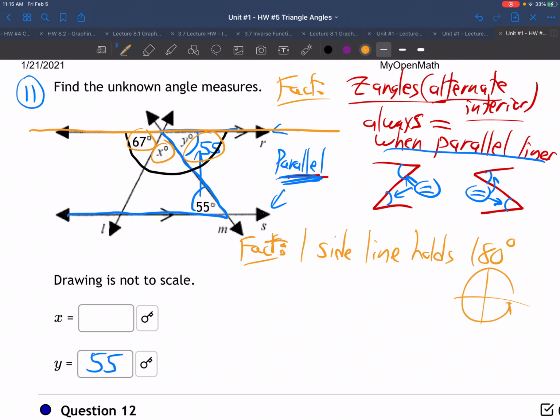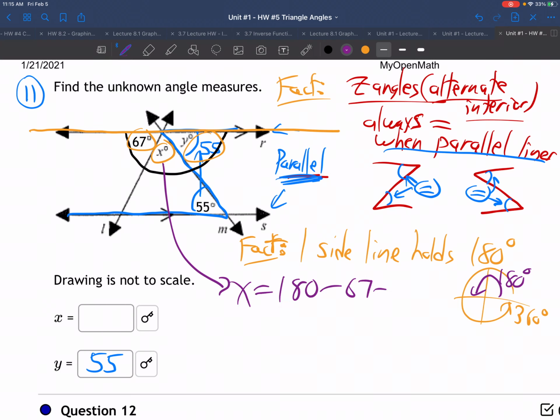Remember, all the way around a circle is 360. So therefore, halfway around a circle is half of that, 180, which is one side of a straight line. So therefore, I can find x. X is going to be 180 minus the other two, minus the 67 and minus the 55. Right? Because those three make one side of a straight line, so they total 180. So when you work those out, I'm getting 58. So x is 58. So there we go. Using those two facts, we were able to